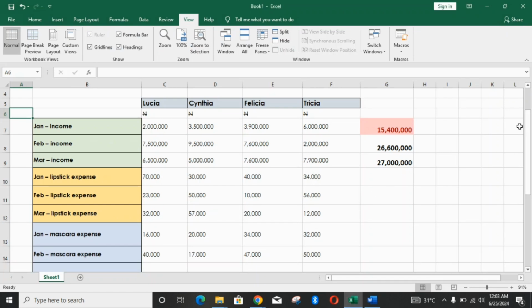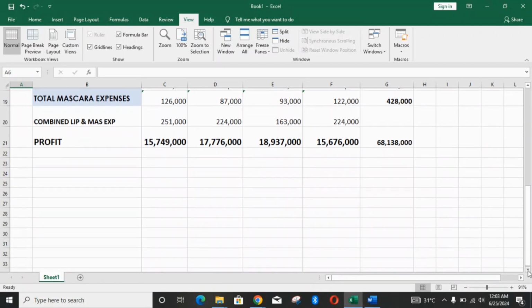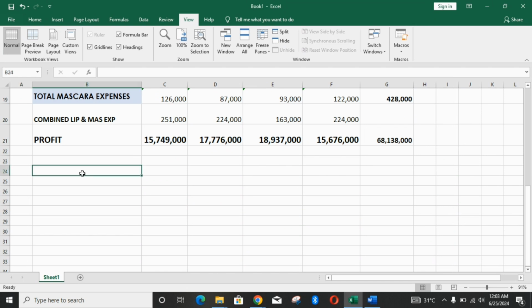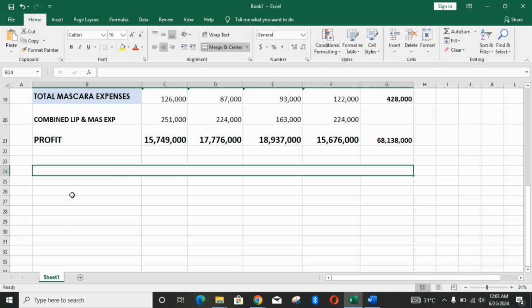Looking at this place now, we're going to scroll down. We're going to start from the first person. As an example, we're going to start from Lucia. I'm going to highlight this whole cell here. I'm going to merge and center, go to Home, Merge and Center, good. Then I'm going to type